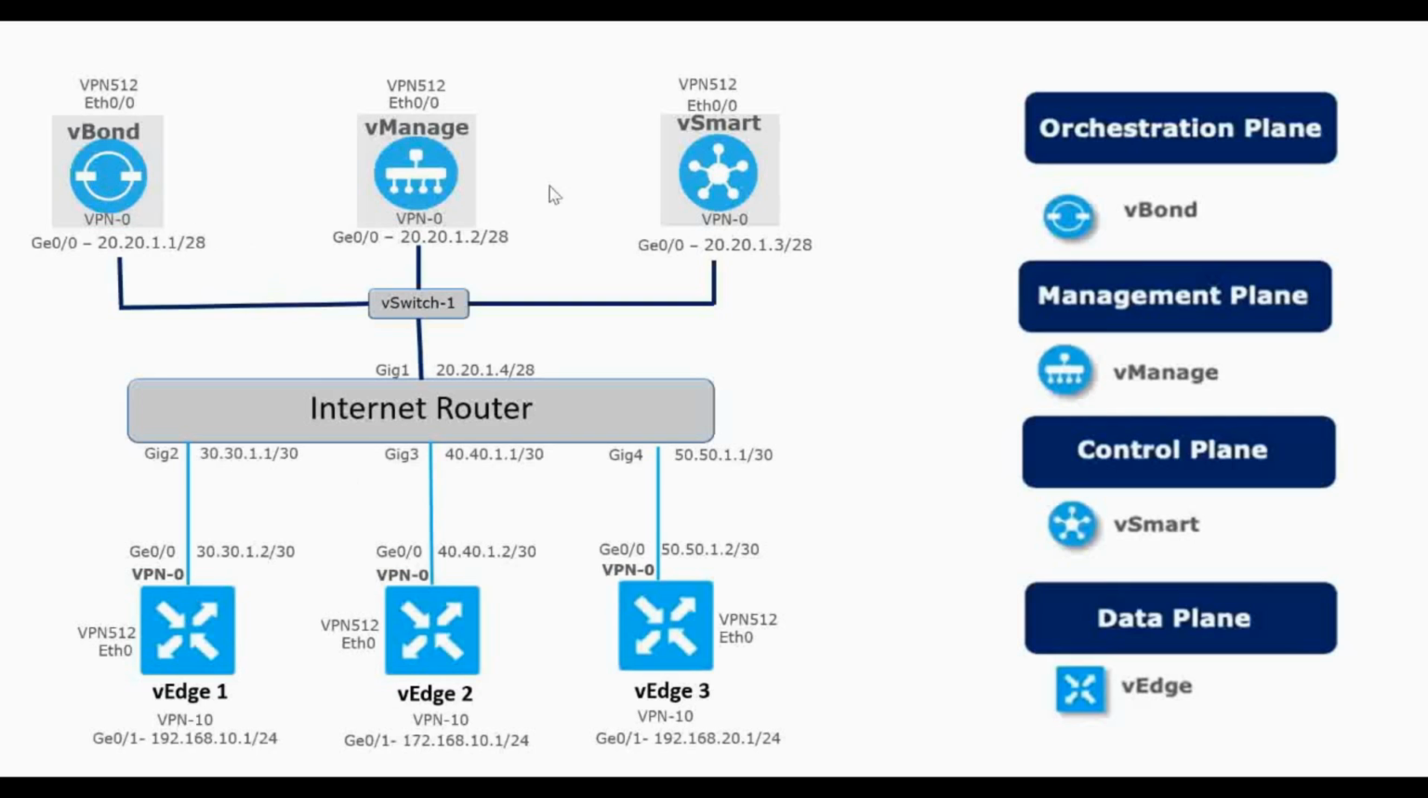This is the lab topology I'm going to use, and as you can see at the top we have vBond, vManage and vSmart. These are our controllers. Your vBond sits on the orchestration plane, vManage sits on the management plane, and vSmart sits on the control plane, and vEdge at the bottom sits on the data plane. Now let's see each of the controllers